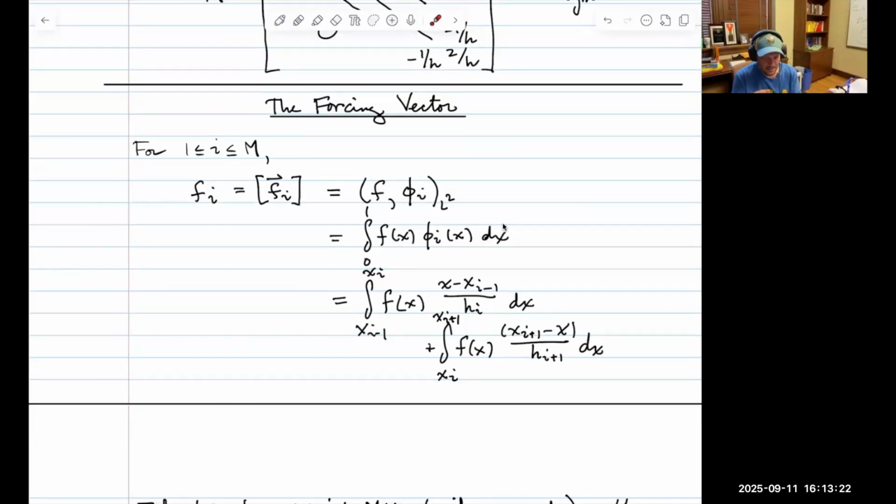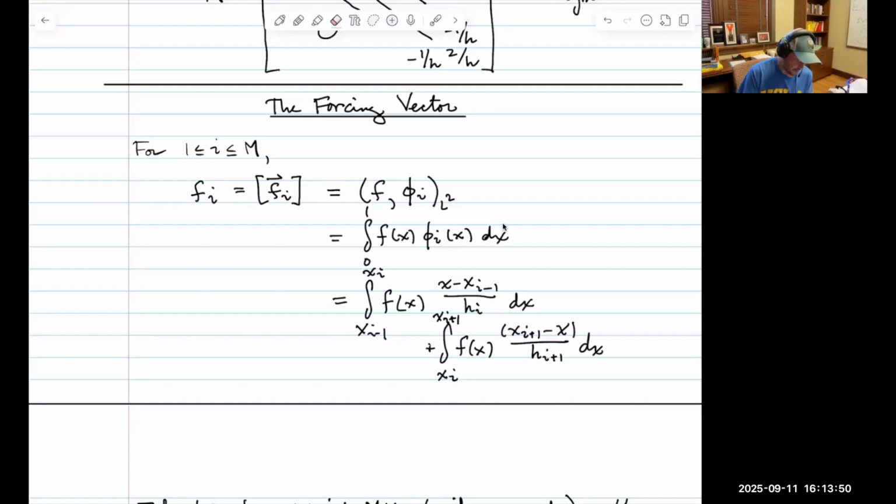Remember, it was A times U equals F, where A was the stiffness matrix, U was the displacement vector, which represents the approximate solution in some sense, and F on the right-hand side was this thing called the forcing vector. So this forcing vector, remember, was calculated according to a formula for i between 1 and m, F_i, that is,